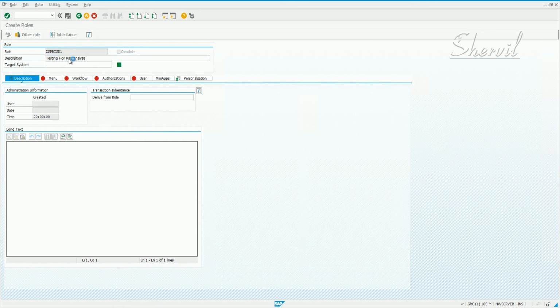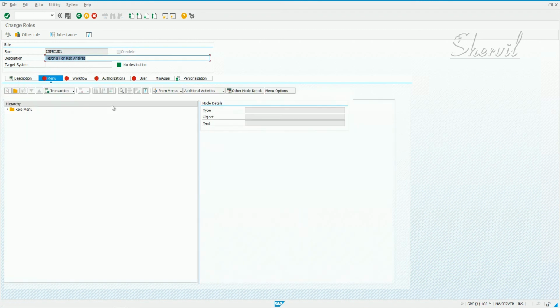Now this is the mechanism. What we're going to see now is how do we create a Fiori role in the backend system, in the S4HANA system. In Fiori security, keep in mind, you need two roles. One role on the front-end Fiori system to give access to the apps, and the second role in the S4HANA system to consume the data from the S4HANA system